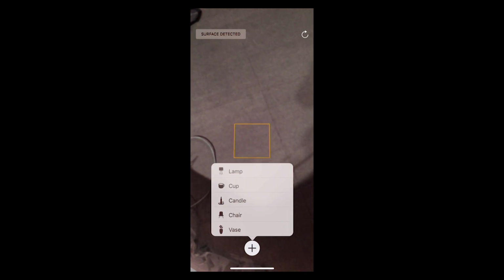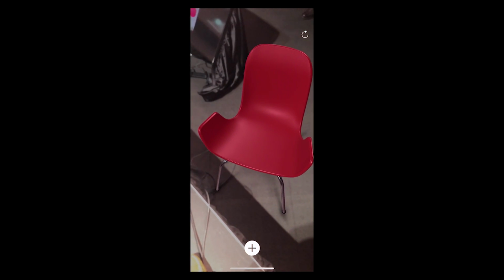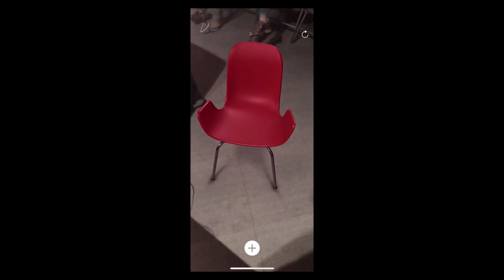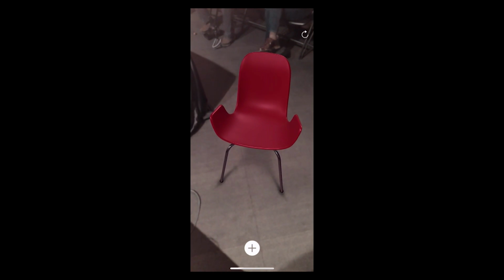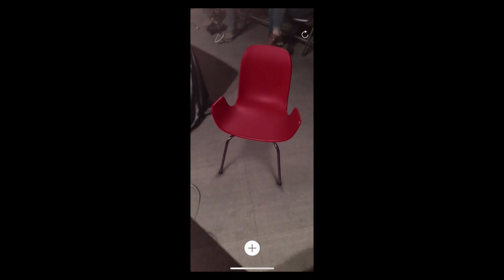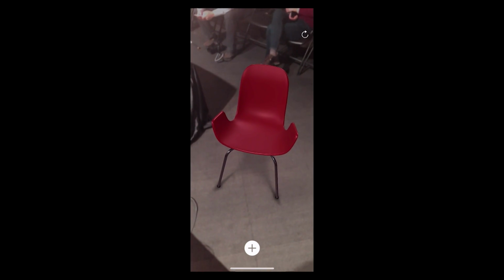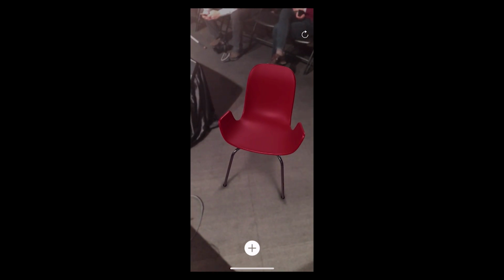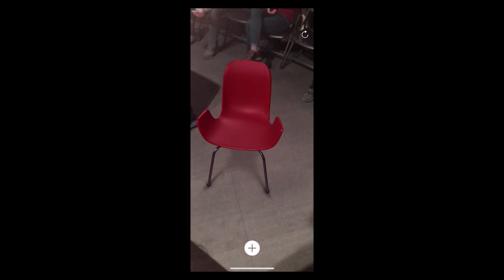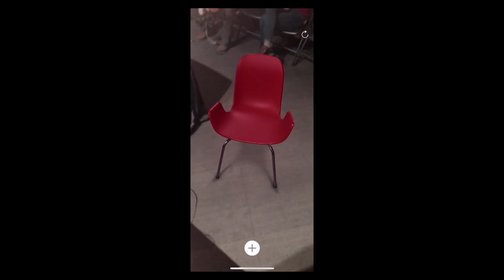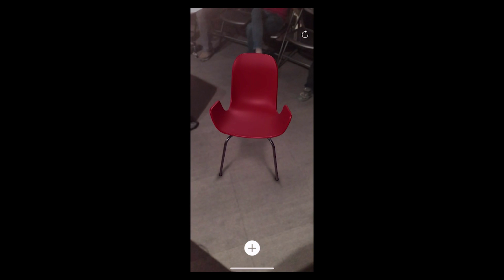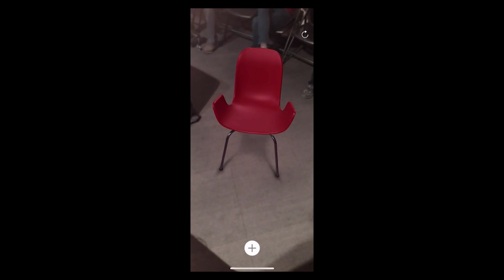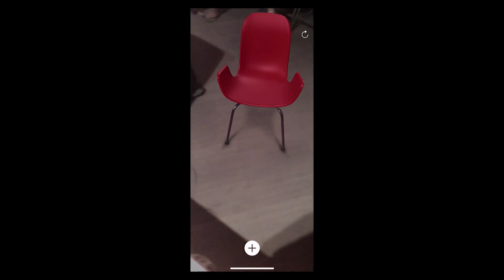Now all I can do simply is drop a 3D model. So I can put, let's say, a chair here, and as you can see, there is a chair, and I have simple interactions here just to move it around in the XYZ axis. And the chair has shadows. If you look at the details, see its legs, it has shadows, and the lighting is also reflecting the lighting of this room. So all of this is quite simple. It's just a few lines of code, one class, and there are many samples to get started.